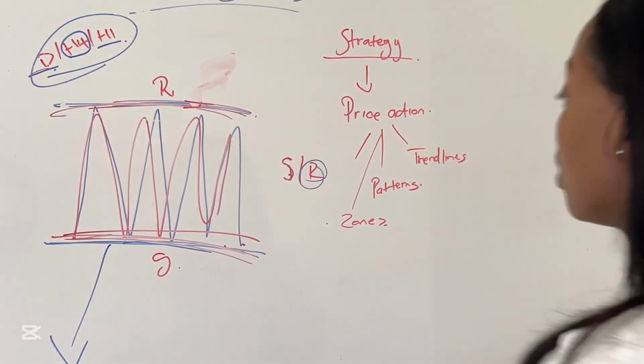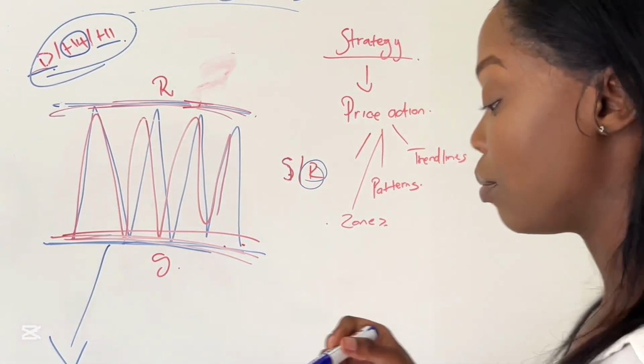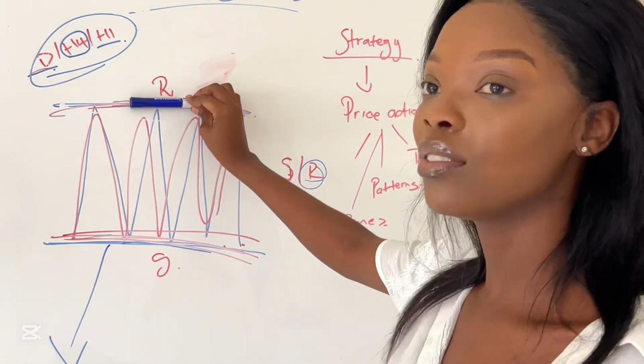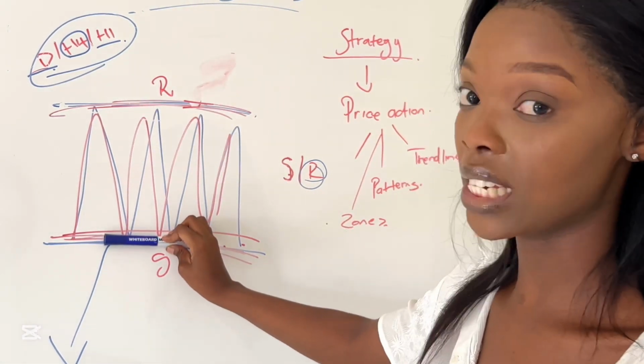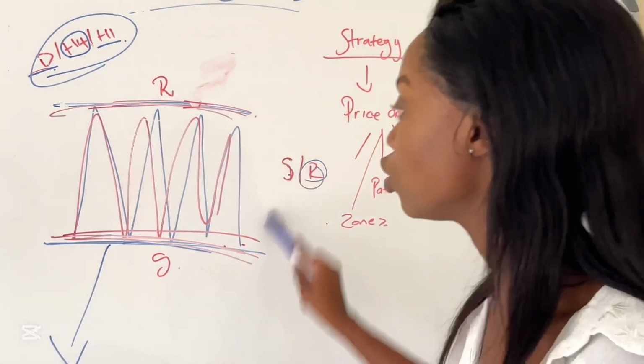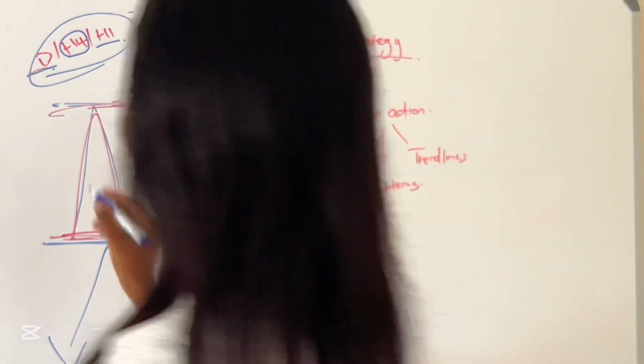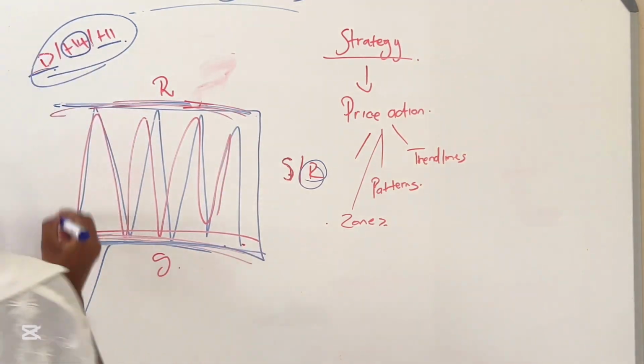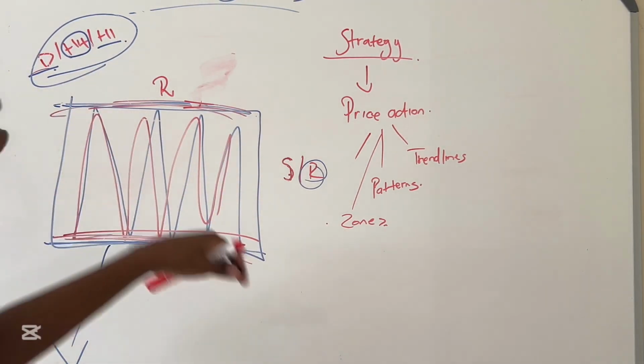And then we come now to, remember what I said? I said support and resistance is your highest level on your chart and your lowest level on your chart. So highest is resistance, lowest is support. And this is called what? It's called a structure. So it's basically a box. You are basically boxing your chart, right?